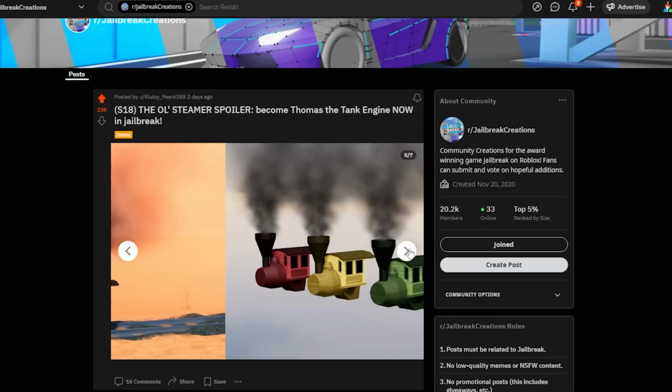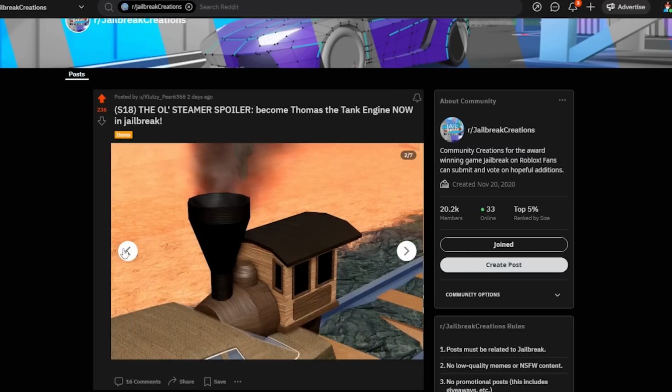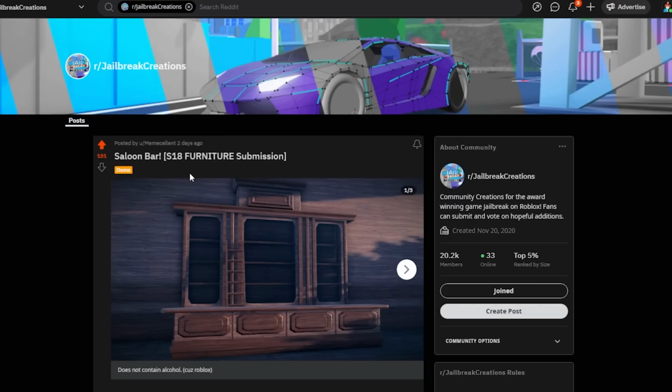It's also on the train track too. But yeah, imagine a vehicle like this combined. I think it'll be good, or driving a train. All right, next up from Meme Saloon, we got the Salon Bar, and it's a season 18